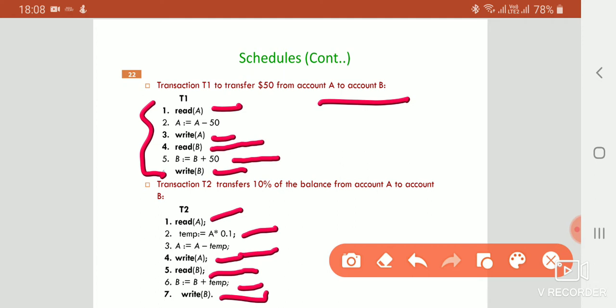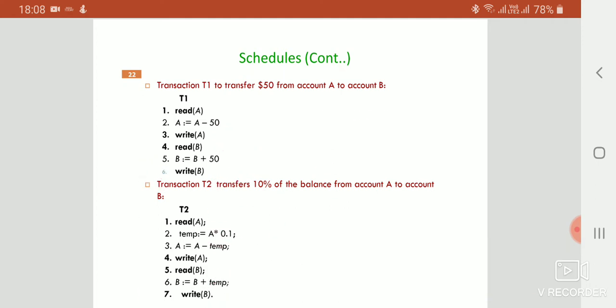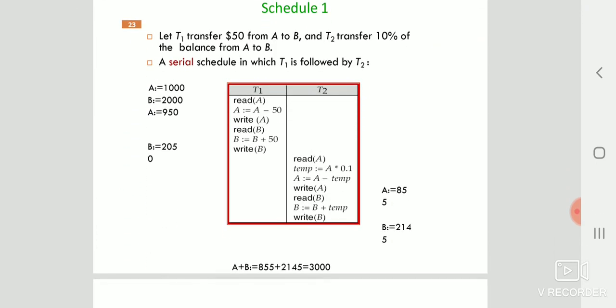So these are the two different types of transaction. The first transaction is the transfer of $50 from account A to B, and the second transaction is the transfer of 10% of the balance of account A to account B. Next, the first type of scheduling is the serial schedule.